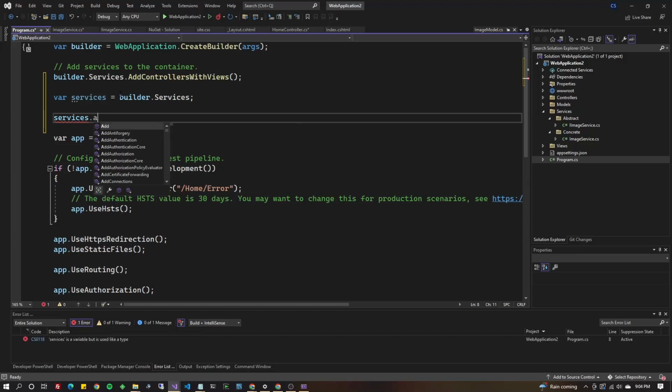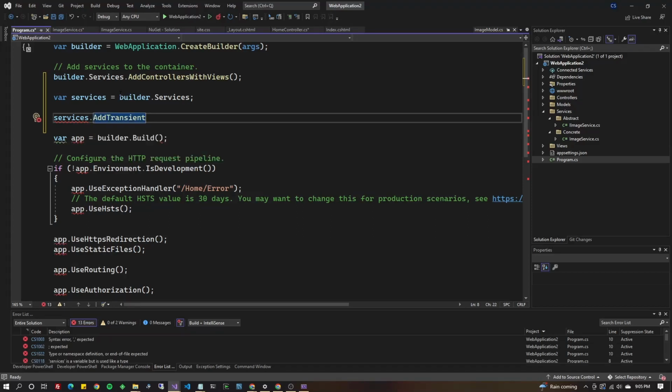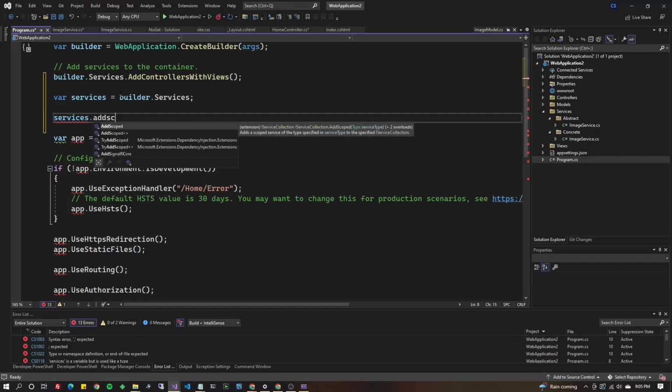If we add transient, which is considered the most safe type of service, that means we're adding a service, and every time the service is requested, it will build a new copy of that instance for you. If you do services.AddScoped, that is going to create one in which every time a new request comes in, it creates a new scope for it and creates a new object of it. But for one request, you don't need to create a new instance of it in your controller and in your service and in everything else that requests a copy of it. So that's the next safest. And then lastly, there's the AddSingleton,